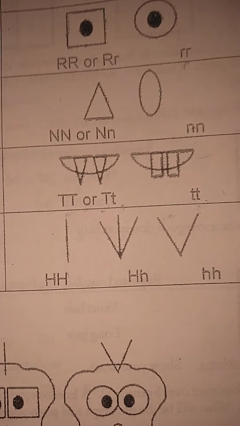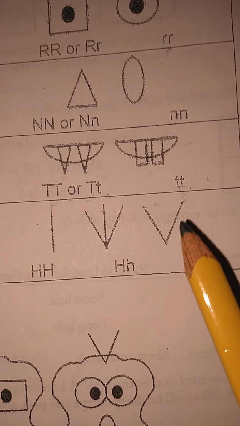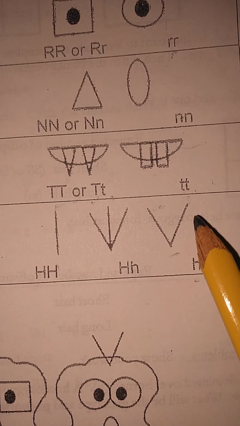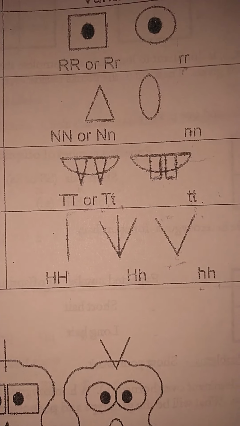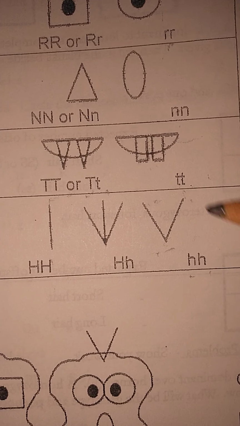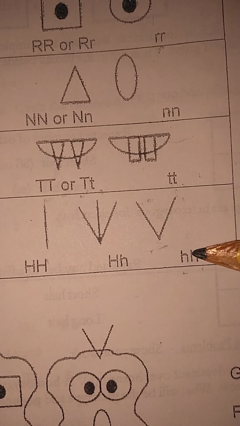Okay. If you're homozygous recessive, little h, then you're going to see that little h trait. I shouldn't be saying dominant and recessive because they're codominant, but if you have the two little h's, indicative of the two hair V shape, then you would have that two hair V shape